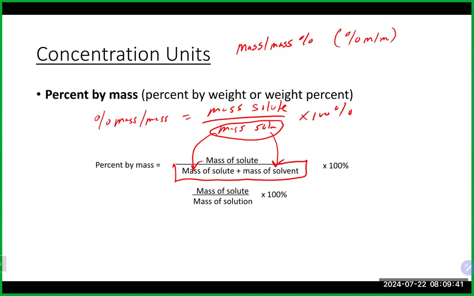So out of all the concentration units, this bottom part of the calculation is something you oftentimes will need to do. Figure out the solute and the solvent, and make sure you add them together to get the mass of the solution. If you have a